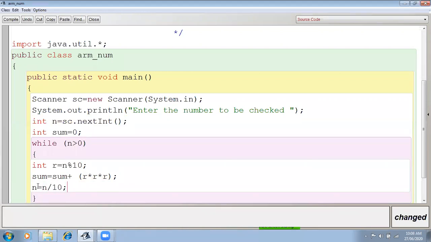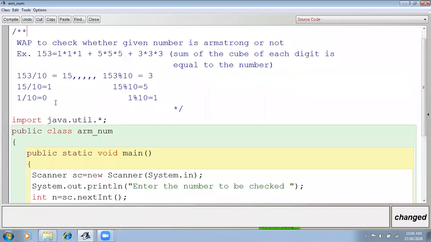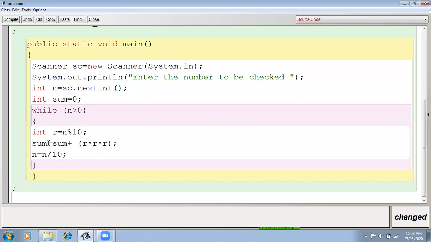You don't think we always have to do the updation like plus plus or minus minus, increment or decrement. No, it's not like that. Here we are doing the updation n = n divided by 10, because next time I have to divide the number 15, then the 1, like that. That's why we are doing this updation.